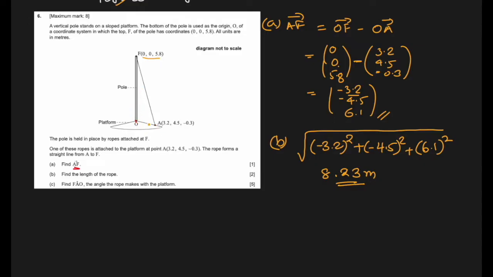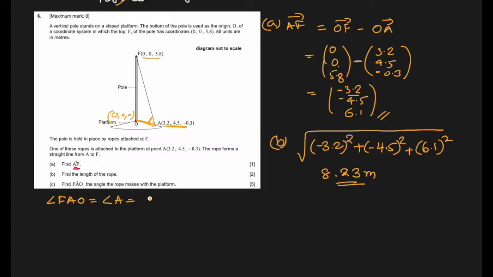Okay, find FAO. FAO, this angle. FAO, the angle the rope makes with the platform. Okay. So this is 0, 0, 0, right? This is the origin. So this OA is actually the position vector, which is this particular coordinate in the form of a vector. So angle FAO, let's call it angle A,